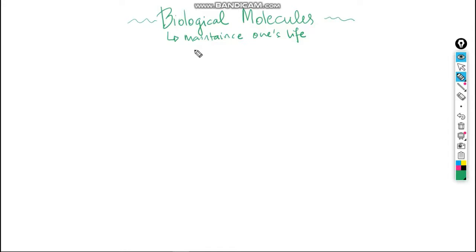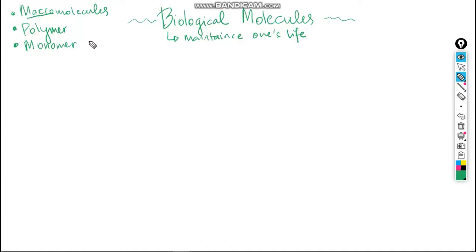So what are these molecules? I'm going to tell you several terms that are very important for us. The first one is macromolecule. The second one is a polymer. The third one is a monomer. As you can see, there are several different terms here that we are going to use to understand the biological molecules, starting from the